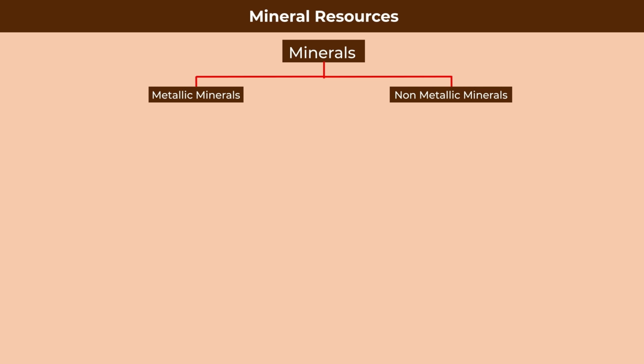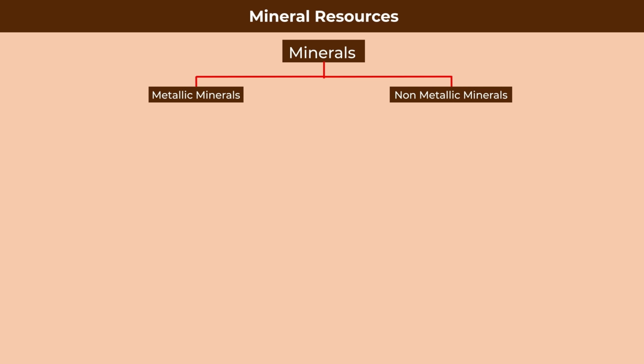Metallic minerals are economically very significant, have high electrical and thermal conductivity, and have something called metallic luster in them. Whereas non-metallic minerals are generally brittle in characteristic and lack malleability and ductility, and they also have lower electrical and thermal conductivity. These are the first division of minerals.